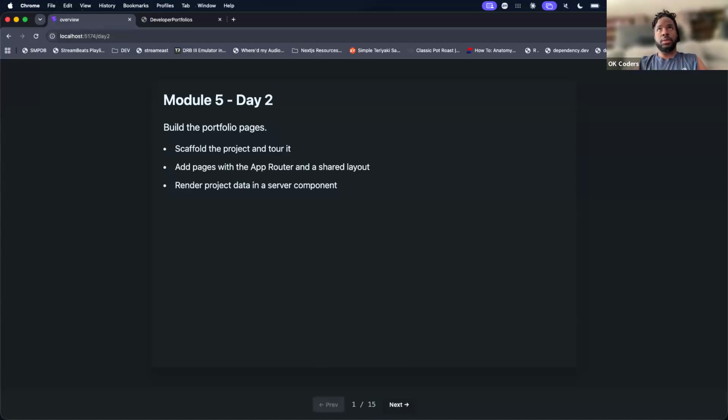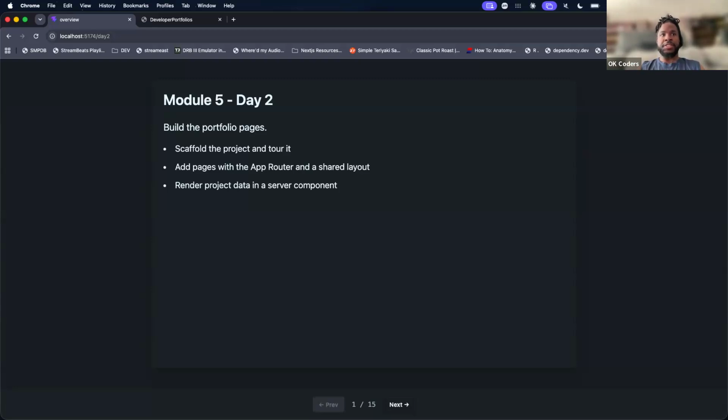So I'll go ahead and get started on this. Welcome to day two of our next class. We're going to start out with building our portfolio. We're going to get it started, start building that out, and as we do that, we're going to get some hands-on with working within Next.js, using the app router. So building out some pages,